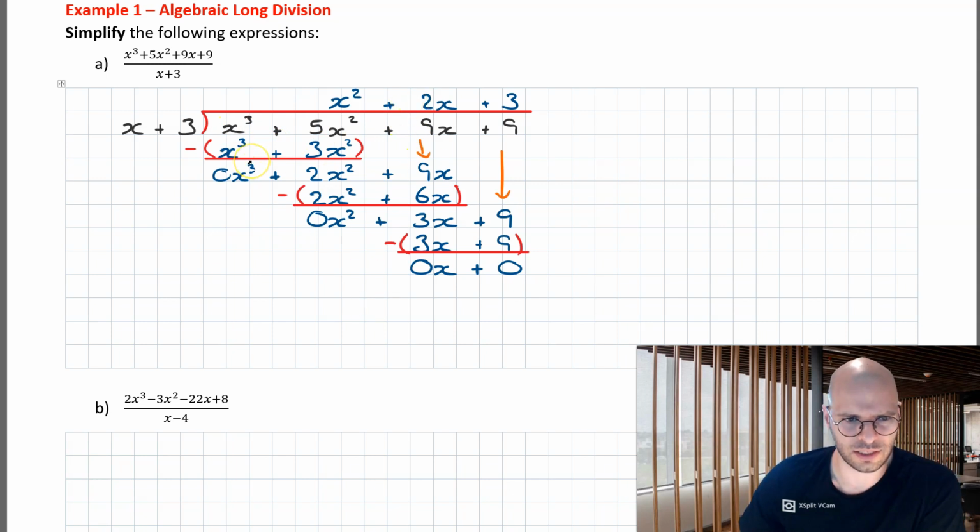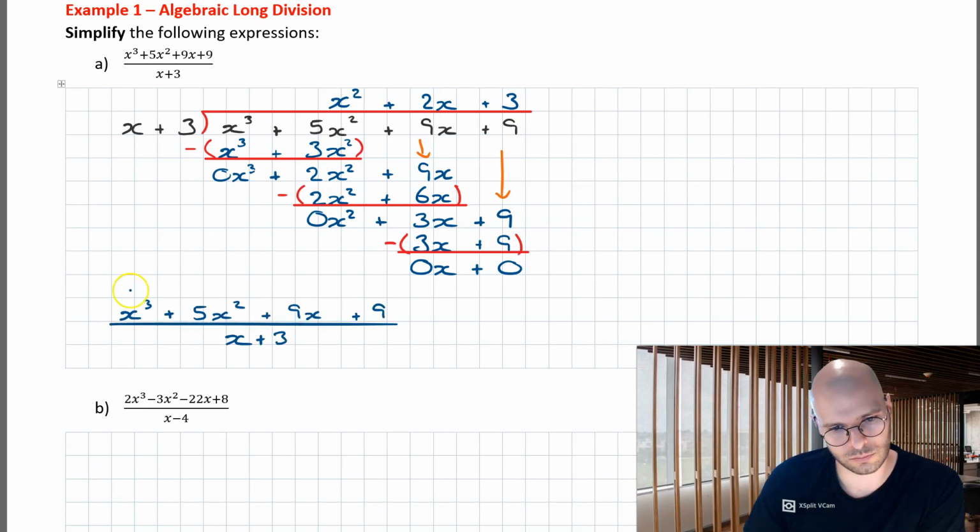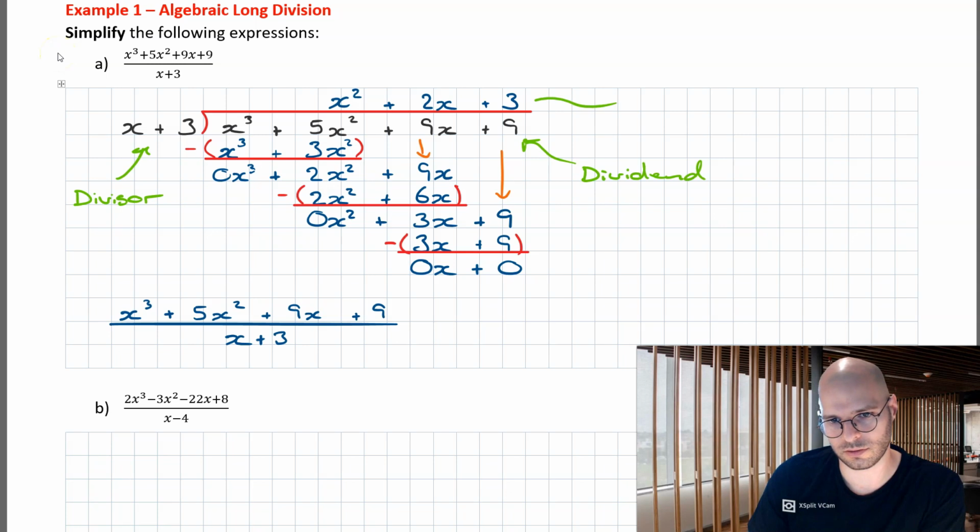Now, finishing this off, what we see is that we had x cubed plus 5x squared plus 9x plus 9 all over x plus 3. This guy over here was our divisor. This guy in here was our dividend. And what we discovered was, up top here we had our quotient, or in other words, our result of the